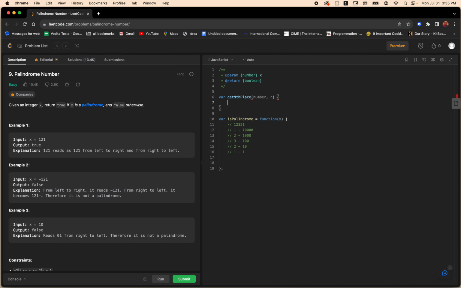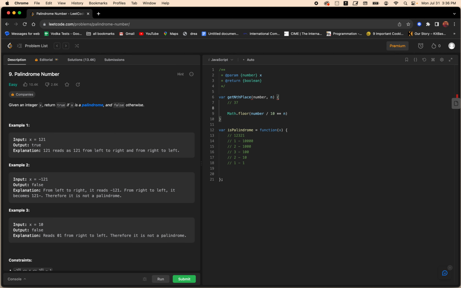It's really going to be like, well, we're going to take the math.floor of that number divided by math.pow, or I think we can do this, 10 to the n. So for example, if the number coming in was